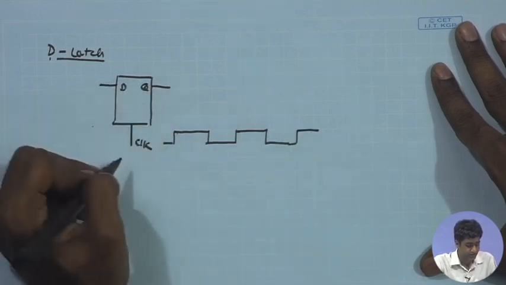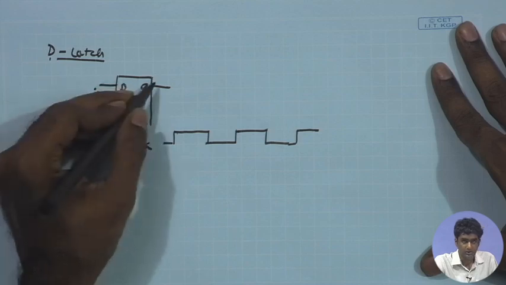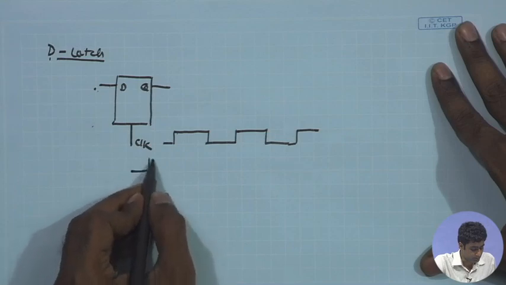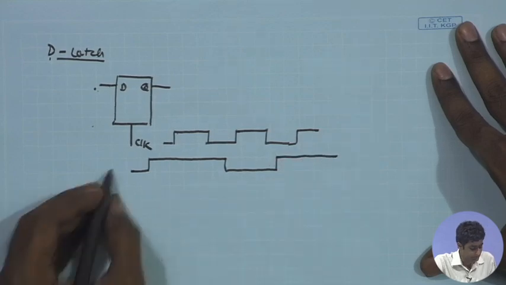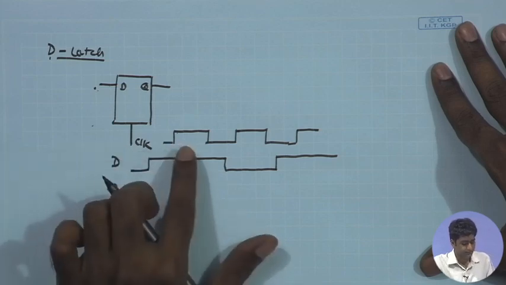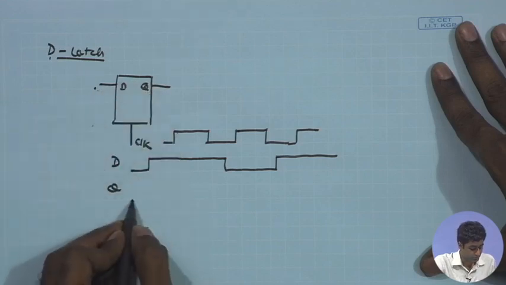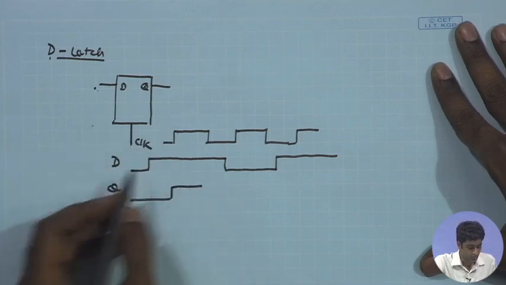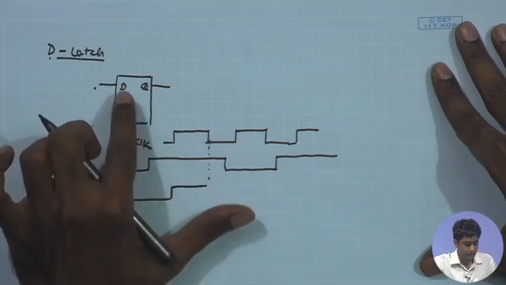So, during the high phase of the clock, the latch is transparent. That means whatever data is available at the D input, the same data will be transferred to the Q output. If I assume there is an arbitrary data waveform coming in, suppose this is the D input, and I want to see the Q output. When the clock is high, the data is going to be transferred to Q. So, during the high phase of the clock, whatever data D is available, Q will be copying that,